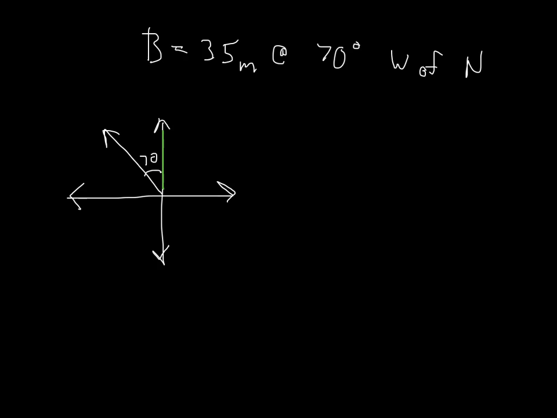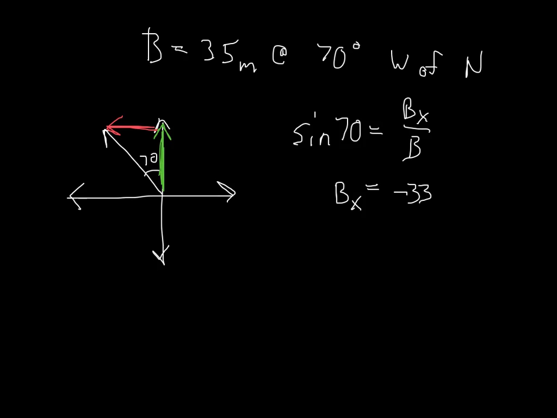Break it up into BX and BY. I'm just applying the same process that we've done many, many times already. Sine of 70 is going to be BX over B. So I end up with BX is equal to